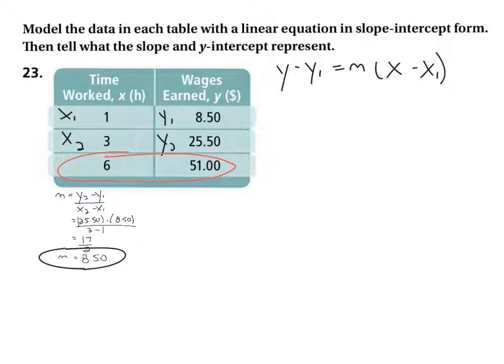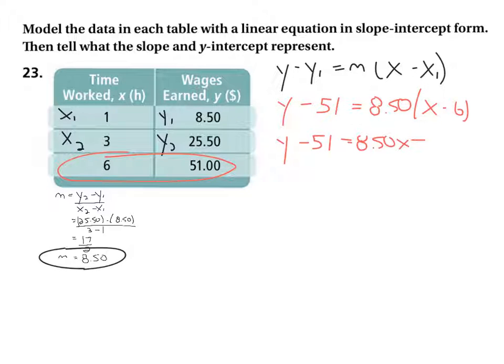So then we can say y minus the y coordinate, 51, equals m, the slope of 8.50, parentheses x minus the x coordinate, which is 6. And when I distribute that, I get y minus 51 equals 8.50x